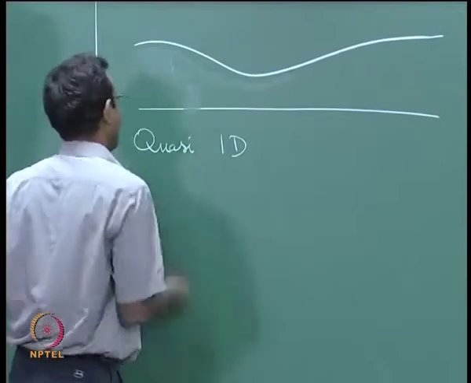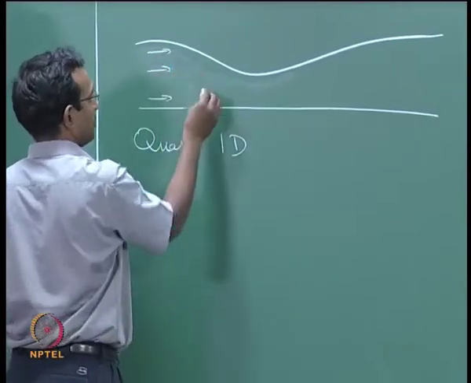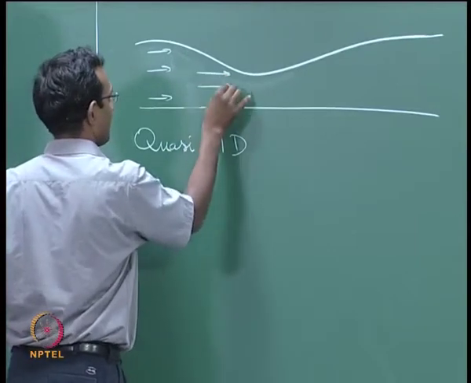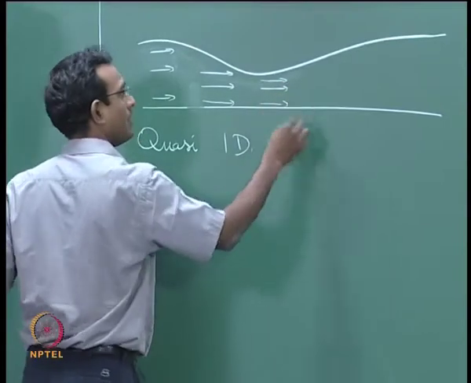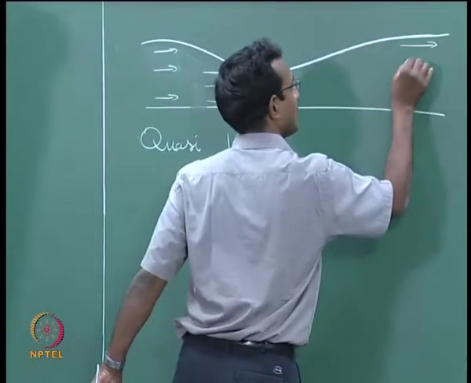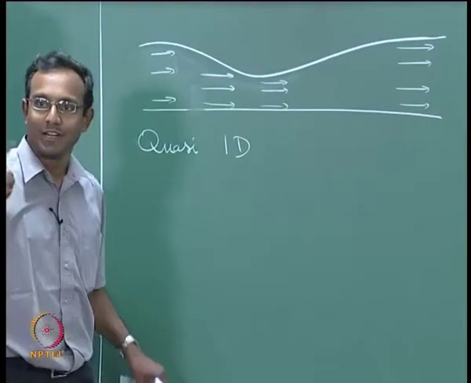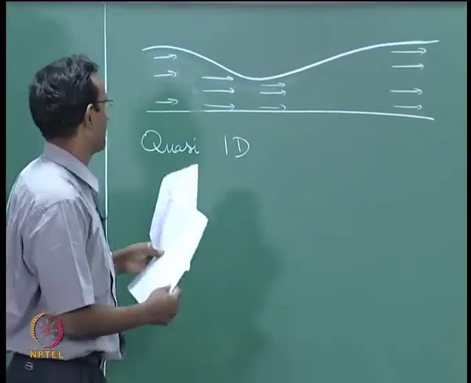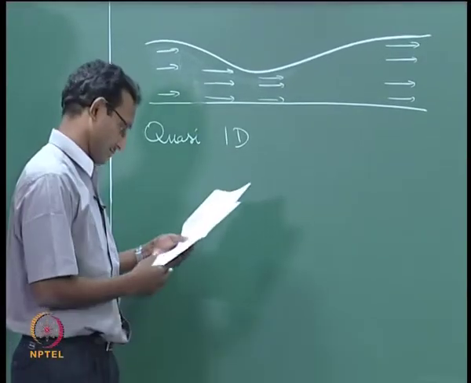It is going straight like this everywhere, and when there is no space they will just readjust to go something like this, and in here it is going to go something like this, and when I am out there it is again going to go like this. This is our assumption, quasi 1D assumption. We are going to use that so that our derivations will become a little simpler.